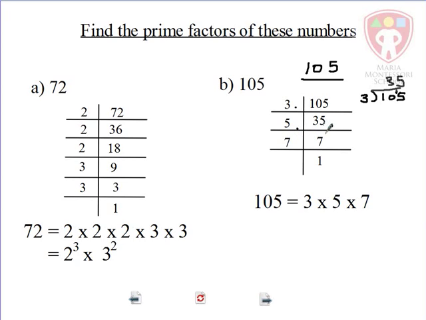How many 5s in 35? 7. What number am I going to use next? Well, 7. How many 7s in 7? And the answer is 1. When we get to 1 here, it means we finished our work, and our prime factors are going to be on this side here. So 3 times 5 times 7 is what it is. Good. Now we've done that fairly quickly because it is a revision. So here's your